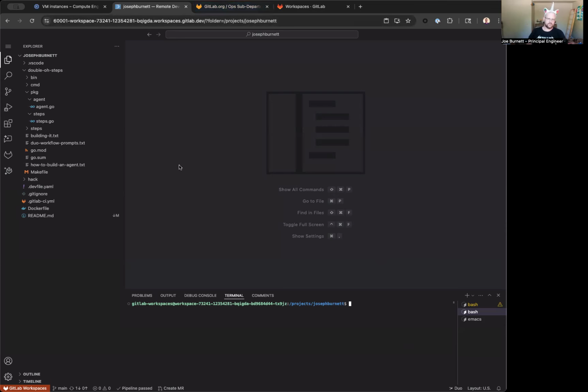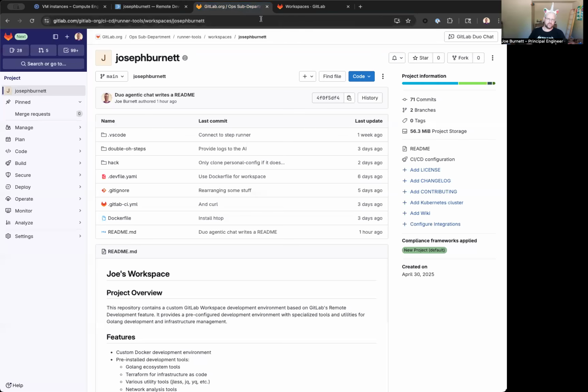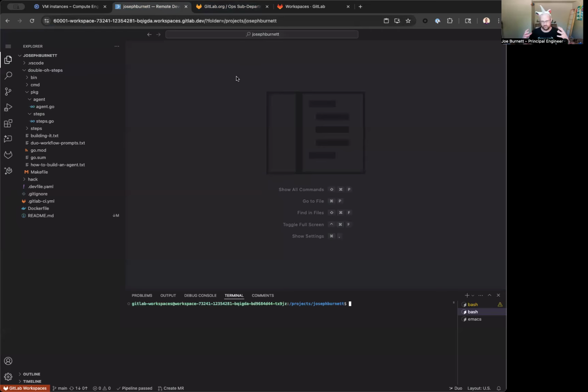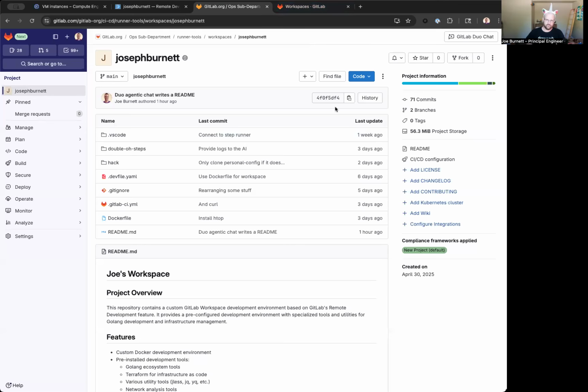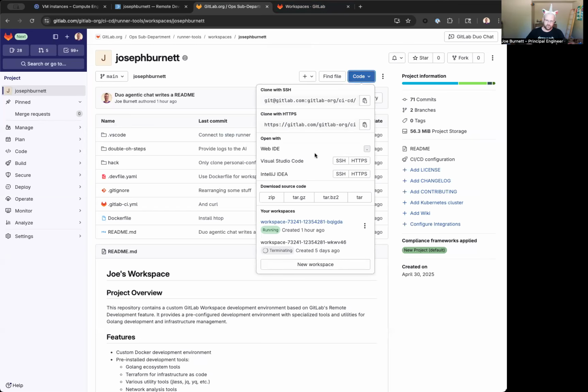This is a project that I created under the GitLab organization because they give me the permission to do all the Duo stuff. They also have an agent registered to create my workspace. So this is actually a pod inside of a Kubernetes cluster with Sysbox that is connected back to GitLab through this agent. If I click code, where you would usually click Web IDE, you can get something similar by clicking on New Workspace,